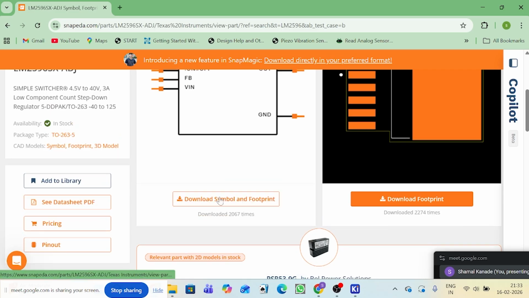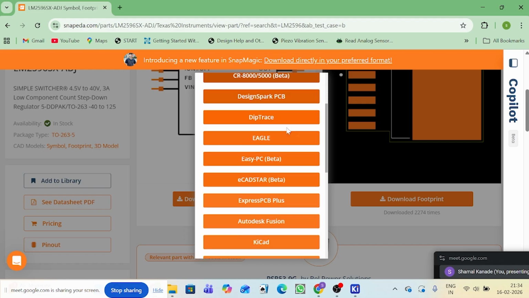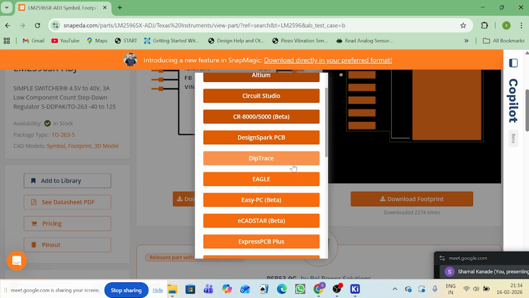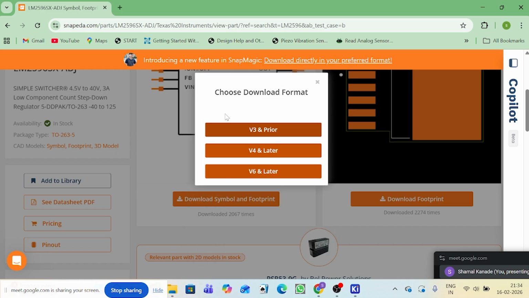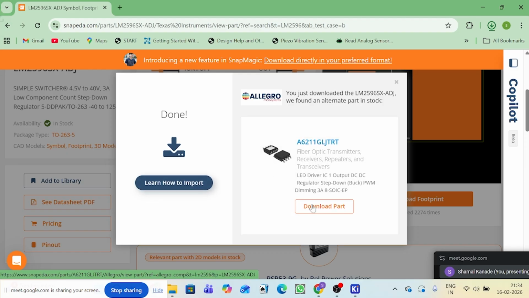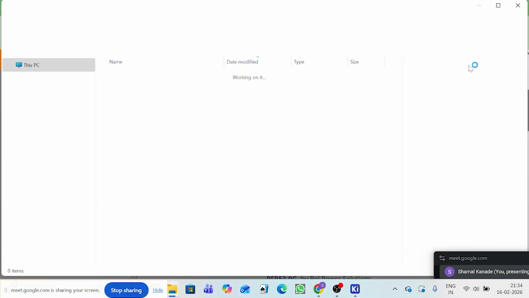Okay, so download. This symbol is available for different formats like Altium, Circuit Studio, DesignSpark. These are different types of PCB design software. We are using KiCad, version 9, which is V6 and later. So click here. This is a preprint for the download. If you see, LM2596 will be downloaded. Go to there,